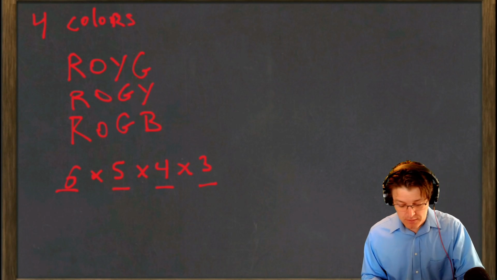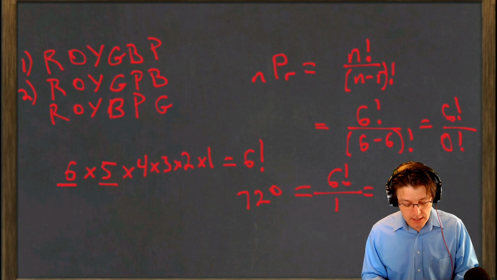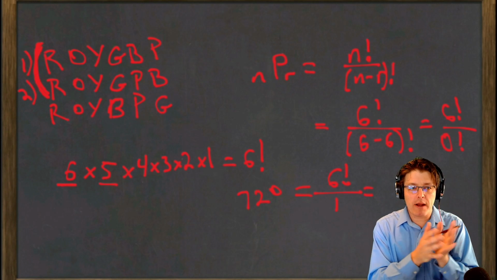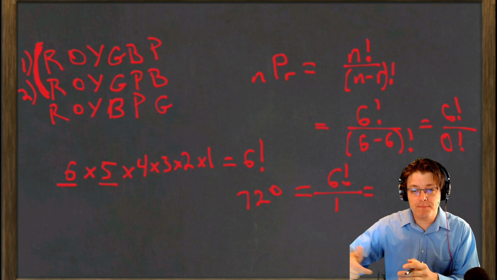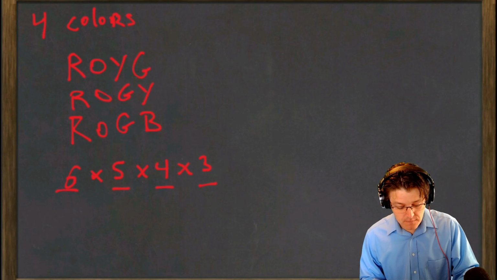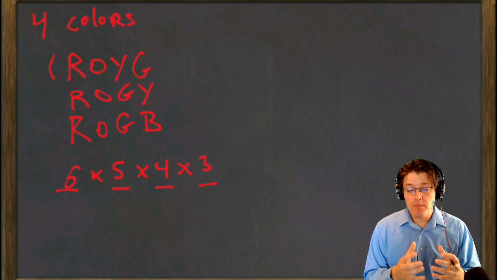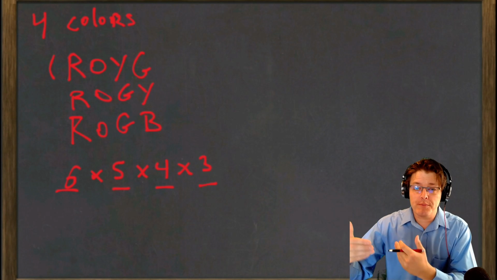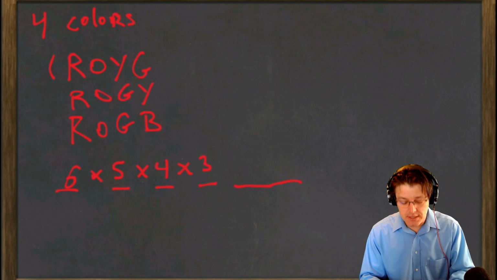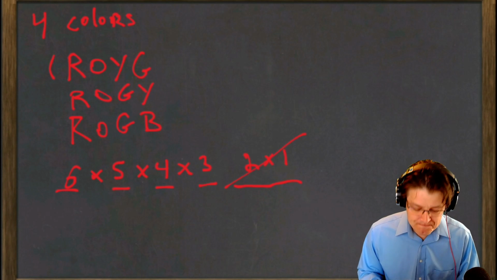So in the previous example, and actually we might be able to flip back, red, orange, yellow, green is our first option here. In the previous example, we had 2 of those. Both of these were red, orange, yellow, green, but we had 2 permutations that started off with those 4. So in this case, we only have 1. So you can start to see the difference in that we're going to have fewer options here, because when we used all 6, we got 2 permutations out of that starting 4, and here we only get 1. And in using this mentality, we miss out on this 2 times 1, right? We've lost that in our calculation.